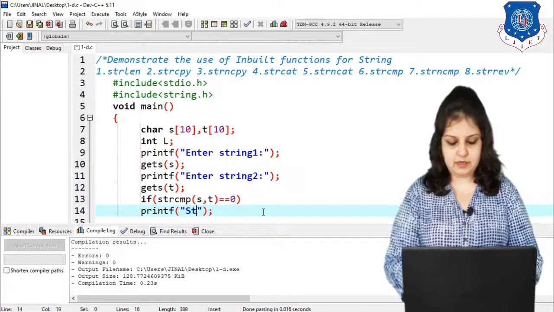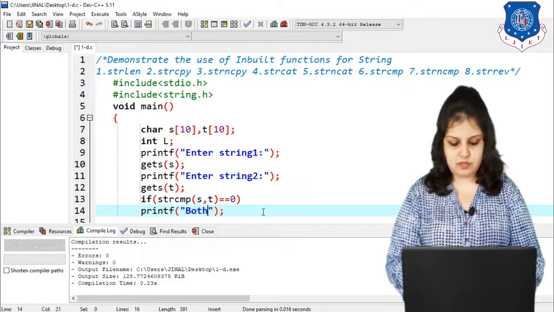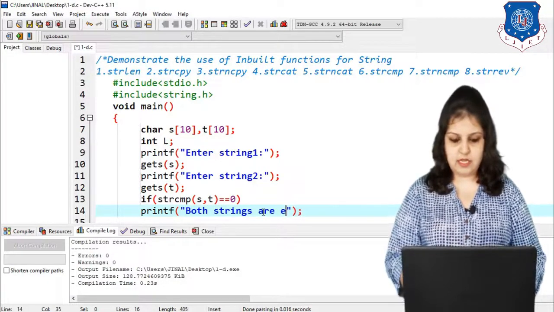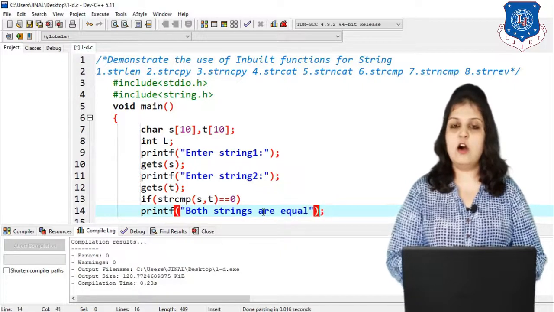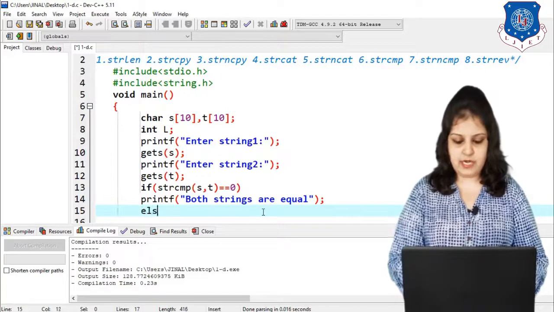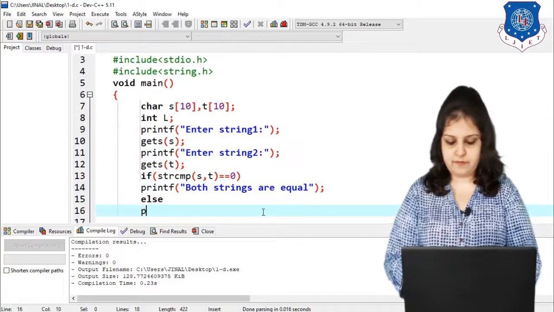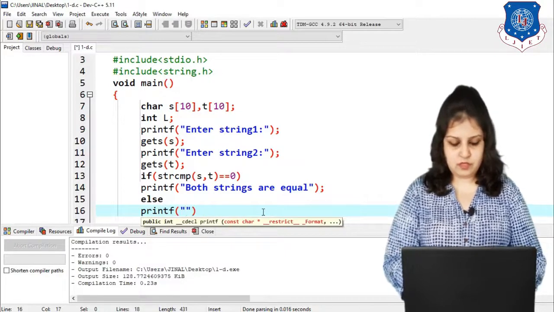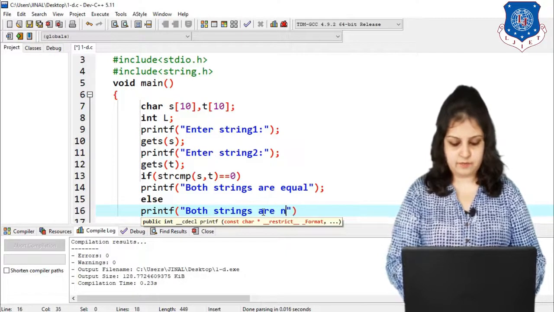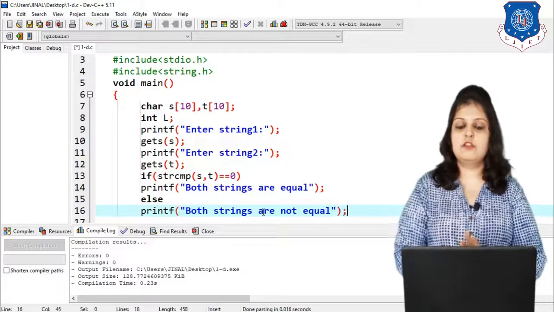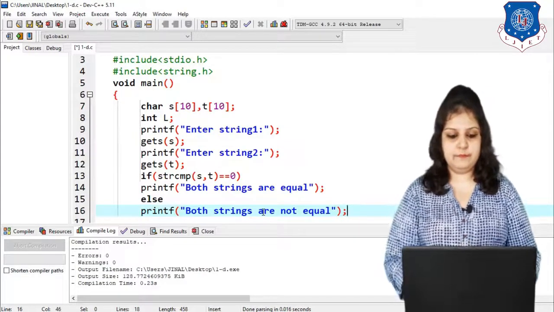So I am writing both strings are equal, and also we have to write the false part, that is else, and in else write printf both strings are not equal. So run the program.